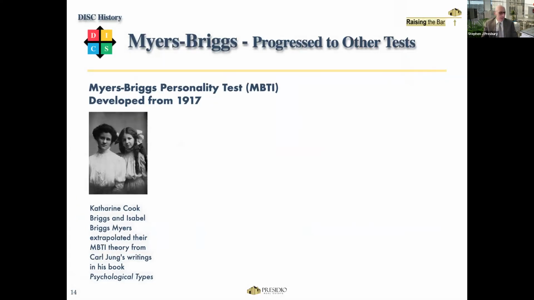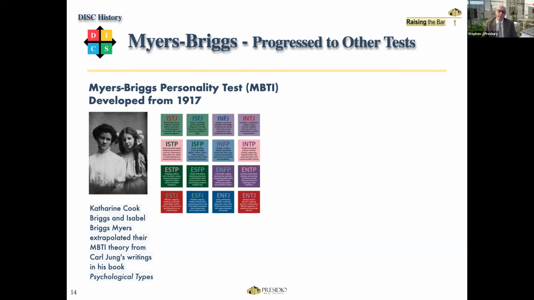About the same time, 1917, we have the Myers-Briggs personality test, which you may have seen if you're familiar with this platform, which is MBTI. This is a mother and daughter team, Katharine Cook Briggs and Isabel Briggs Myers. They extrapolated from the book of Carl Jung and came up with their own psychological personality types of individual characteristics. They came up with 16 different types. You may have seen that icon somewhere. And they added a few extra bits and pieces, as you can see: the judging, the perceiving, the sensing, and the intuition at the bottom there.